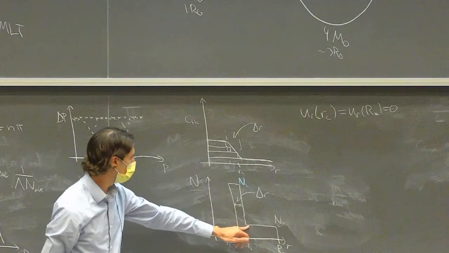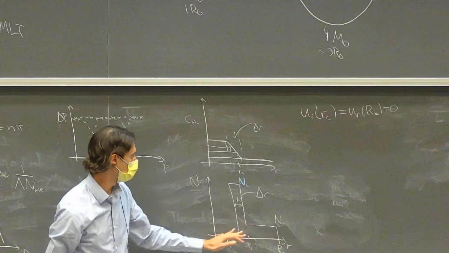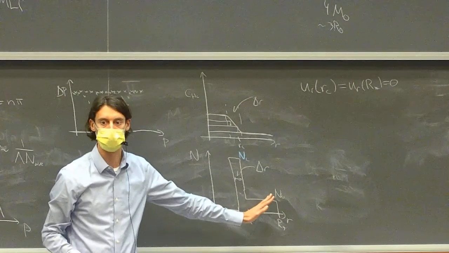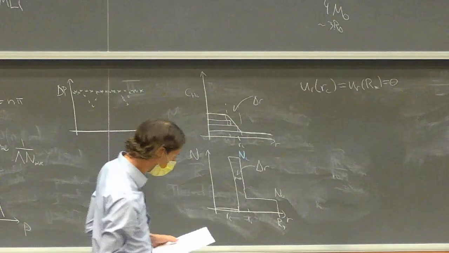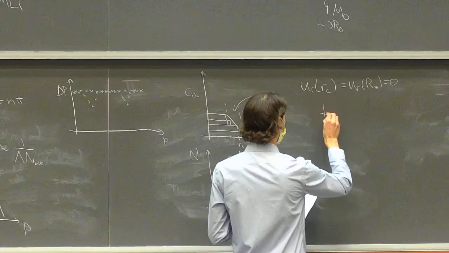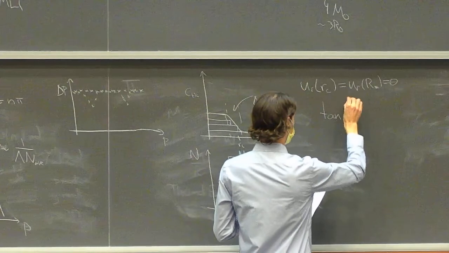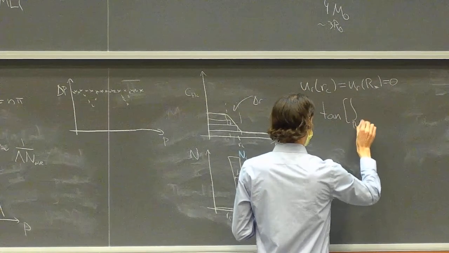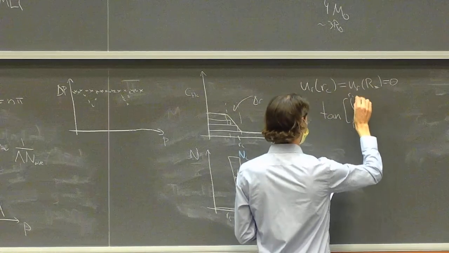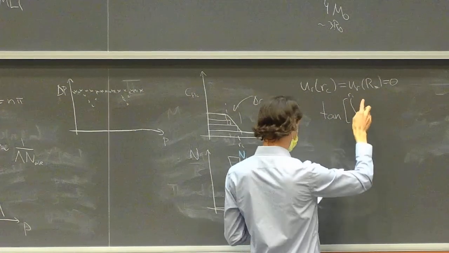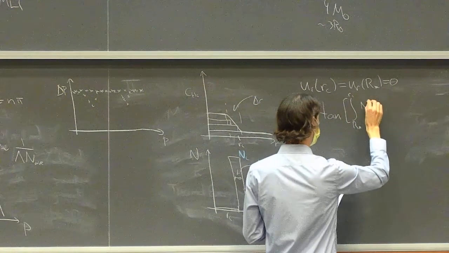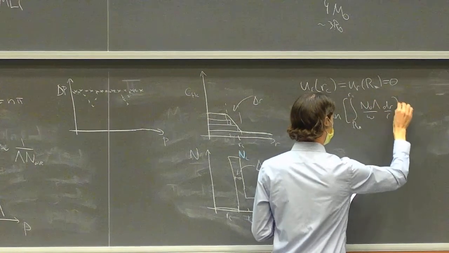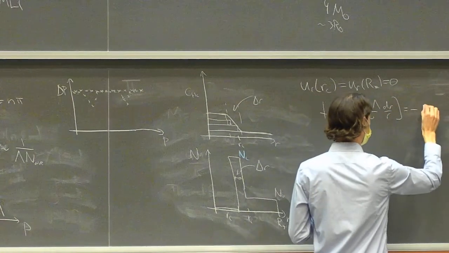Now we have this jump in the buoyancy frequency right here, so we need to apply a matching condition. The matching condition is that the radial velocity and the pressure are continuous. If you do that, you end up with the following expression in order to satisfy this. The tangent of the integral, the same sort of integral as before, except now we're integrating from the surface to that interface position of N naught lambda over omega dr over r is equal to minus